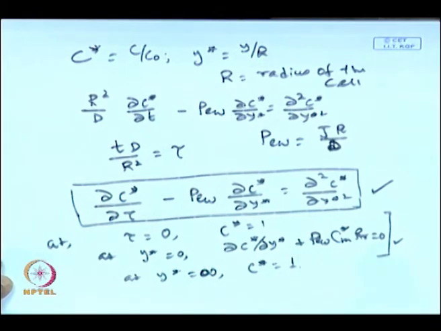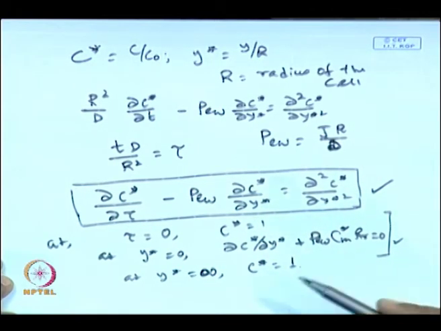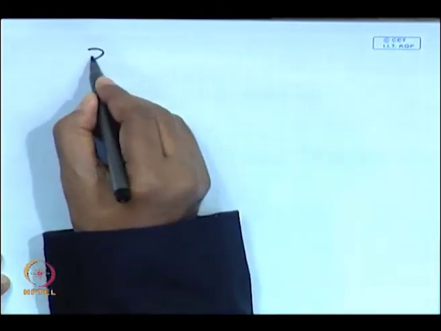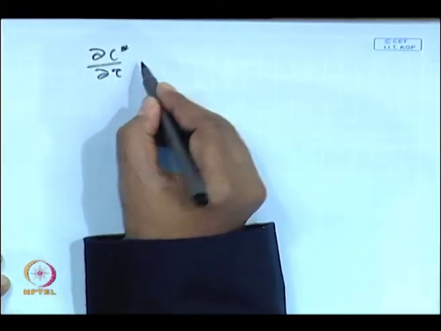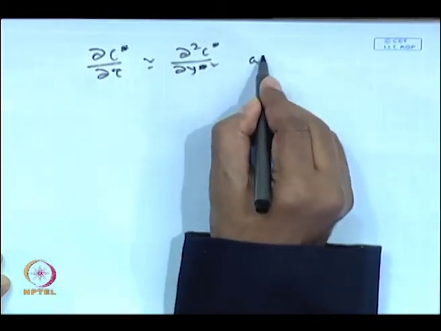Now we are in a position to find out what the similarity parameter will be in this case, and we do the same type of analysis as earlier. That means the governing equation must be valid at the edge of the boundary layer, where del C del y will be equal to 0. We utilize this property because the governing equation is valid within the control volume as well as on the boundary. In contrast, the boundary conditions are valid only on the boundary, but not within the volume of the system. So we evaluate this governing equation at the edge of the boundary layer, and what we get is del C star del tau roughly equal to del square C star del y star square, at the edge of the boundary layer.